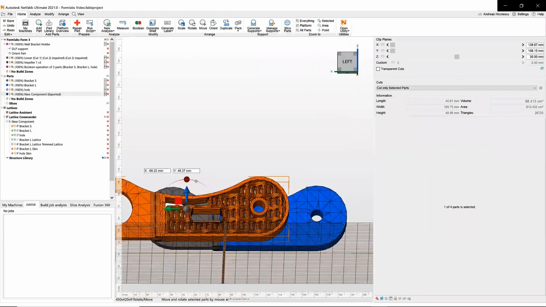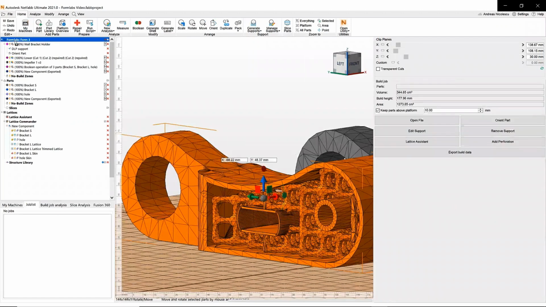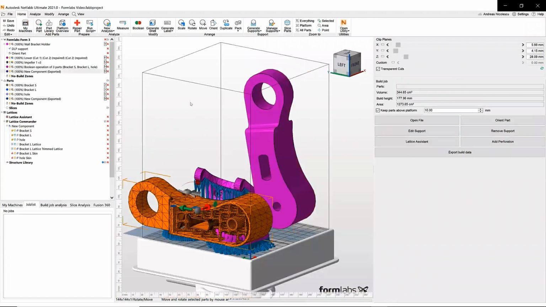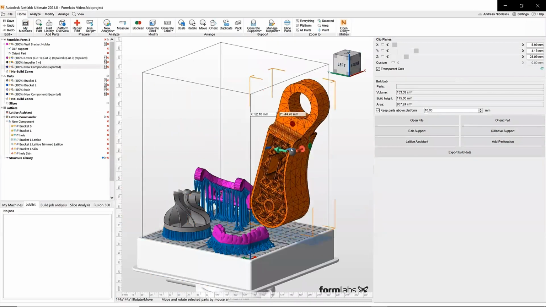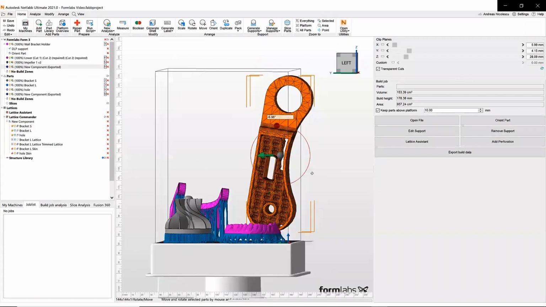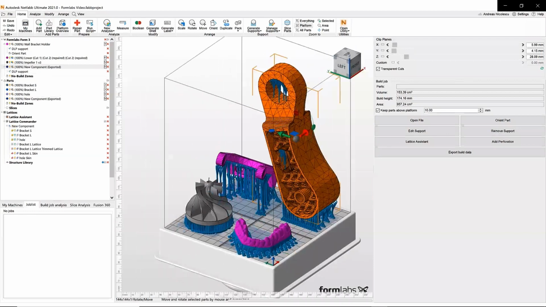When everything is set, we are ready to create a new component based on our skin and lattice combination. We can now take this to our Form 3 and replace its predecessor. With all of our parts now being prepared, it seems our build is ready to go. Our last step in Netfabb is the export in the .form file format that can now be sent to your